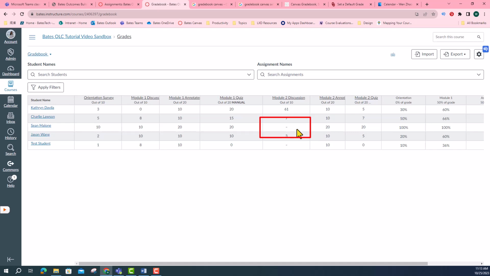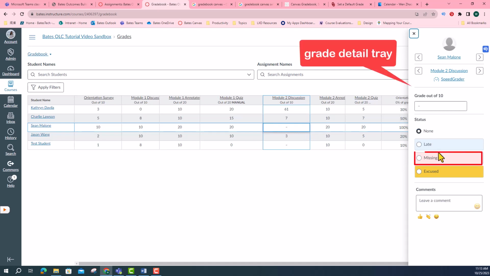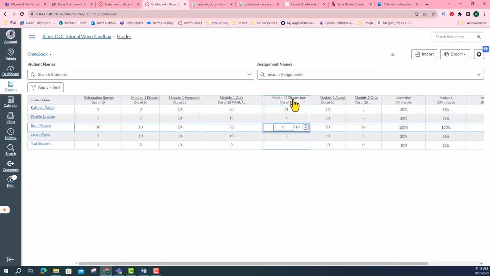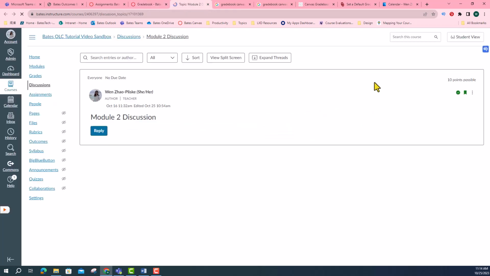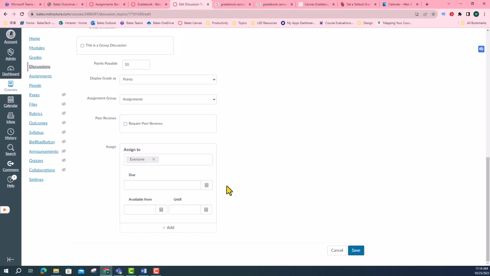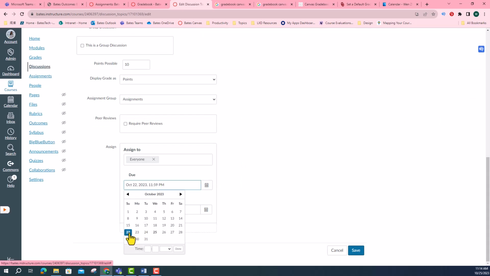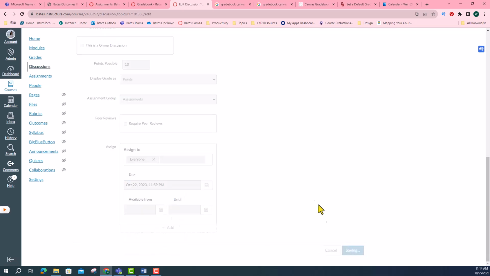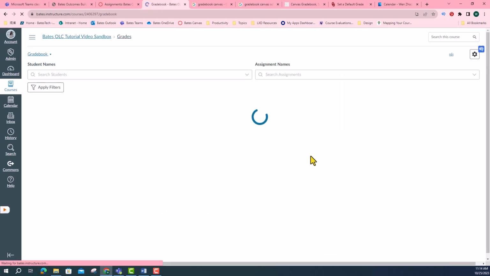The reason for that is that we haven't set a due date for this assignment, which is why it is not labeled as missing. To fix that problem, you can either click the icon in the cell and open the grade detail tray, then manually select the missing status, and the 0 point will apply immediately. Or you can go back to the setting of this assignment and set a date. And then after you save it and refresh the gradebook,